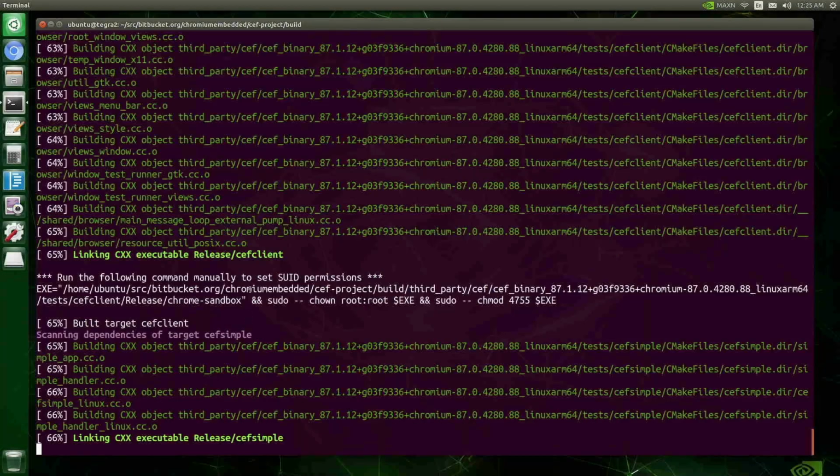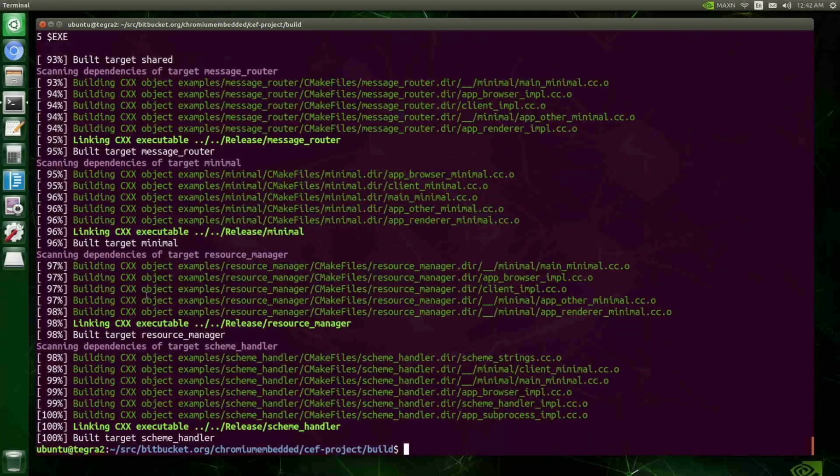Okay, it's built the cefclient, so that succeeded, and it is linking cefsimple. These are the two binaries that I wanted to build, but it's at 66%, so it'll take a little bit longer to finish. Okay, so the build is finished, and